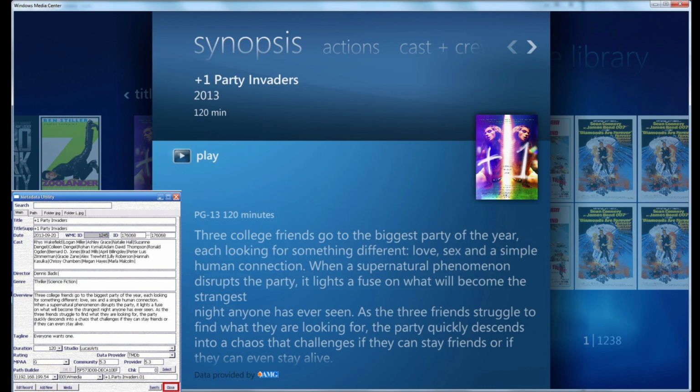Again, to allow users to enable the complete management of their Windows Media Center movie library